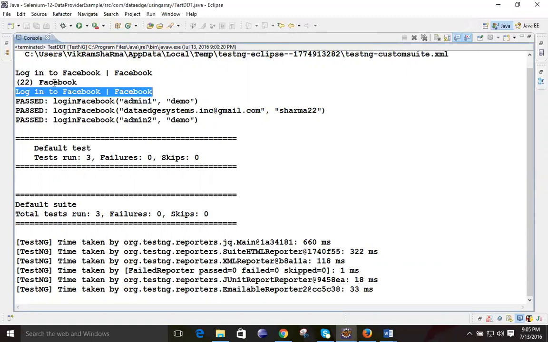Now you can see below, it is telling you the pass, means the test was successfully passed. It has tried to attempt there, but due to invalid credentials it was not able to log in. It has successfully taken the first username and password, assigned them, and tried to log in. If it is not correct, it will not log in, but the test is successfully passed. It has taken the first parameter, second parameter and third parameter.